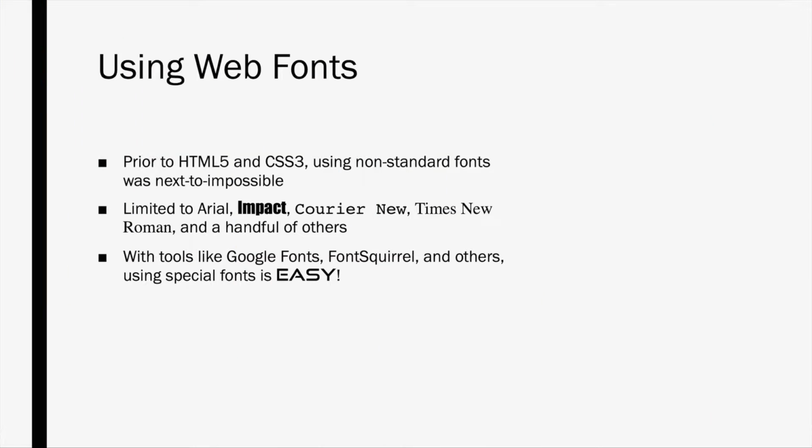Prior to HTML5 and CSS3, using non-standard fonts was next to impossible. You were limited to a handful of fonts such as Arial, Impact, Courier New, Times New Roman, and others that are generally listed. However, with tools like Google Fonts, Font Squirrel, and others, using special fonts on web pages